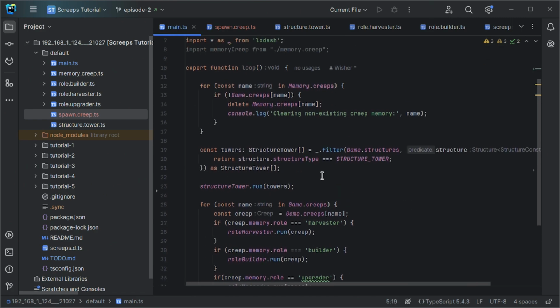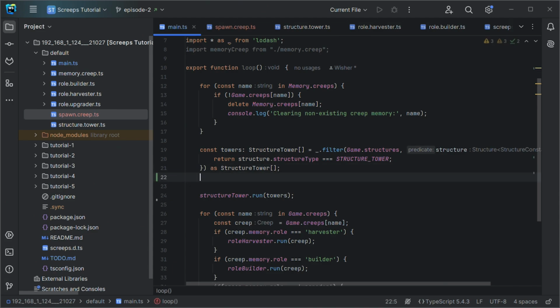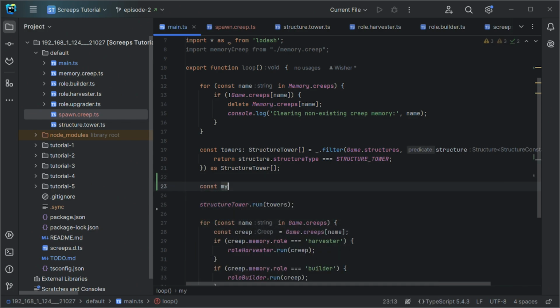And then we need to add that down here. Now, this is where things get a bit interesting. So we could do pretty much the same code we have there, but for structure spawn. But since we're gathering two different structure types now, it might be easier to do something a little bit different. Like maybe say constant my, so we know that